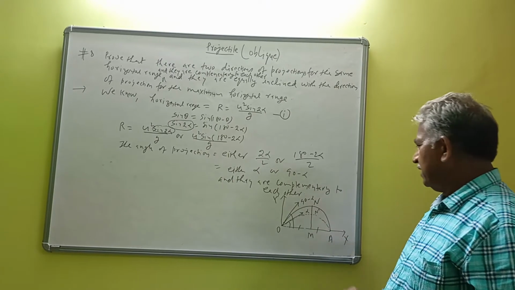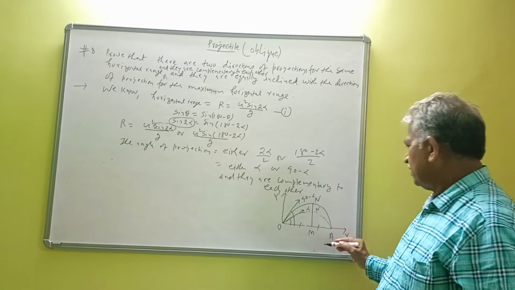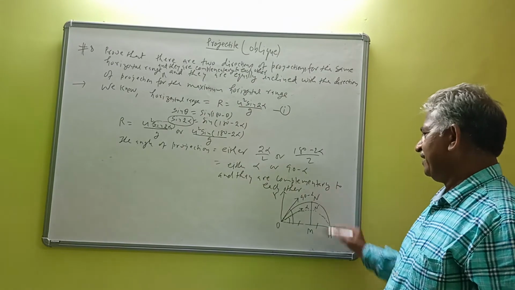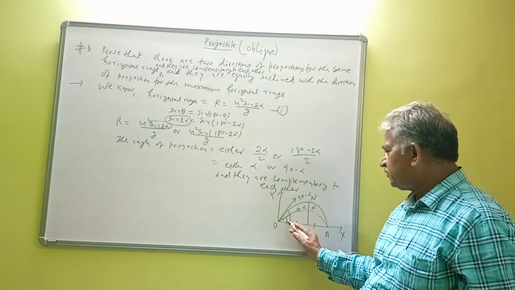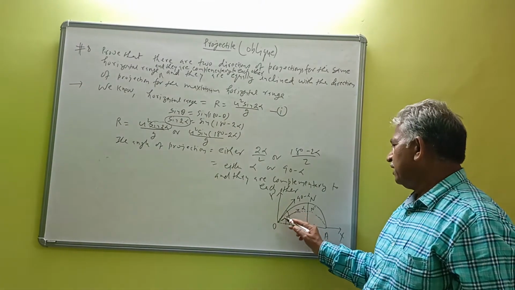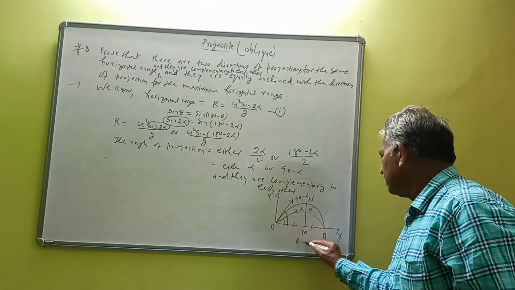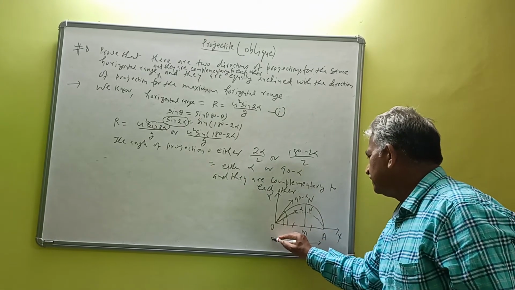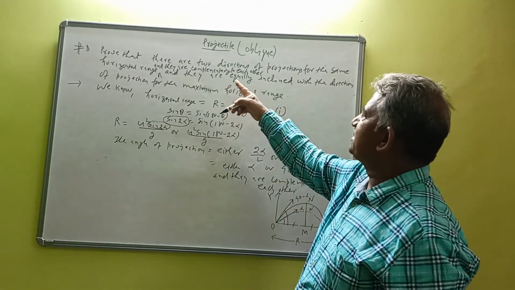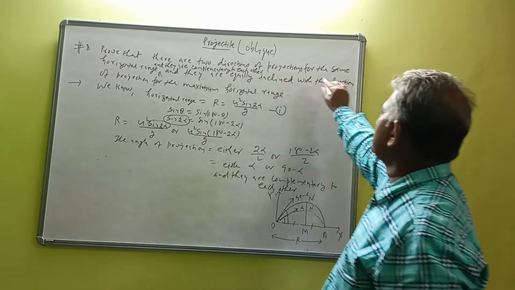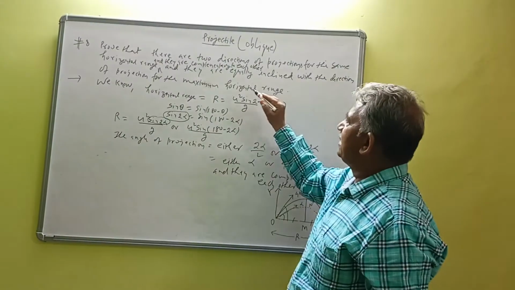And in the second diagram there is more height N and this is angle 90 minus alpha. So obviously, suppose this is 20, so this is 70, and this shows the same horizontal range R. For the same horizontal range there are two angles of projection. So this gives the information that there are two directions of projection for the same horizontal range